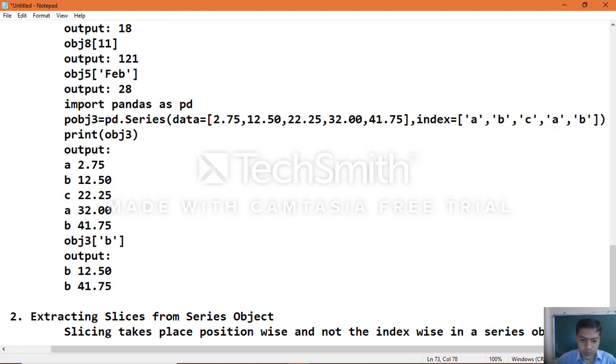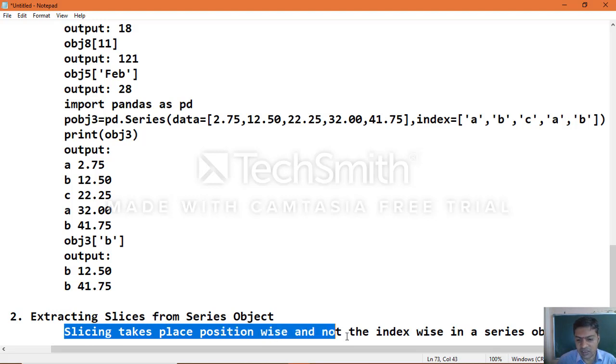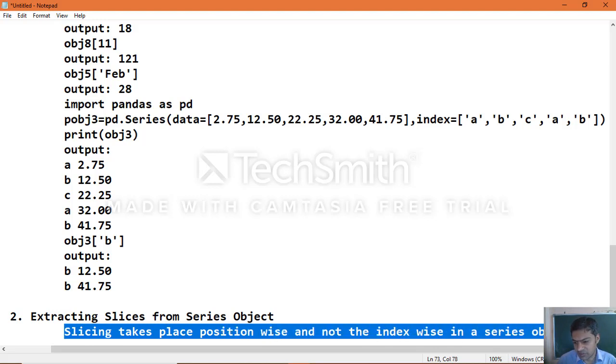Okay, so this is the important thing you need to know when you are working with slices. Slicing takes place position wise and not index wise in a series object.